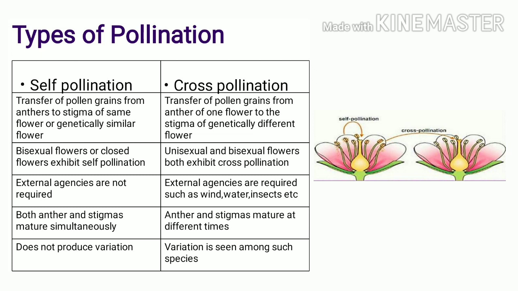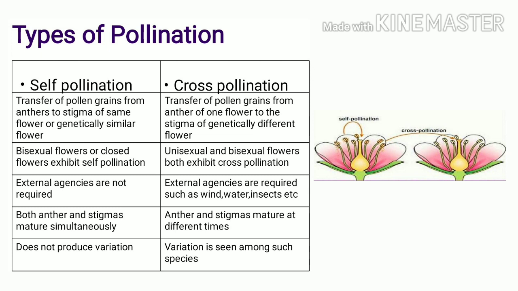And the next major difference between self-pollinated and cross-pollinated flowers is that in self-pollinated flowers, no variations can be seen, because the genetic exchange takes place within the same flower, which generally bears the same type of characters or genes. Therefore no variation occurs, as there is no genetic exchange with any other plant, and it takes place within the same flower. Whereas in cross-pollinated flowers, genetic exchange takes place between two genetically different plants, as for example, one can be weak and the other can be a stronger one.